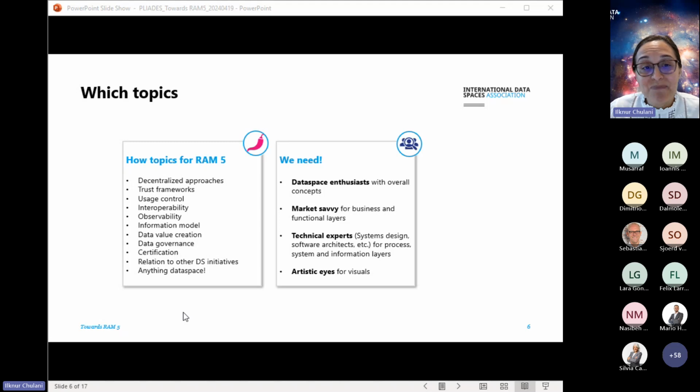Information model, data value creation, data governance, Dataspace governance, certification, also relation to other Dataspace initiatives, like the examples I gave earlier, and a lot of other topics related to Dataspace. So if you are interested in working on these things and maybe also learning along the way, feel free